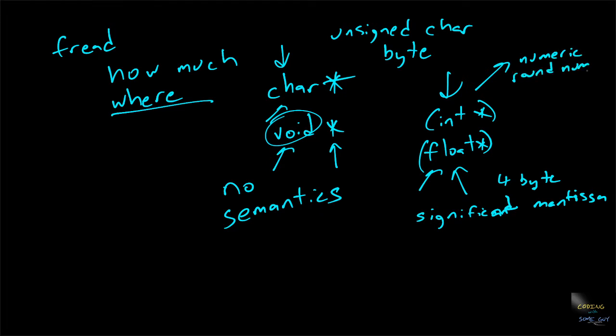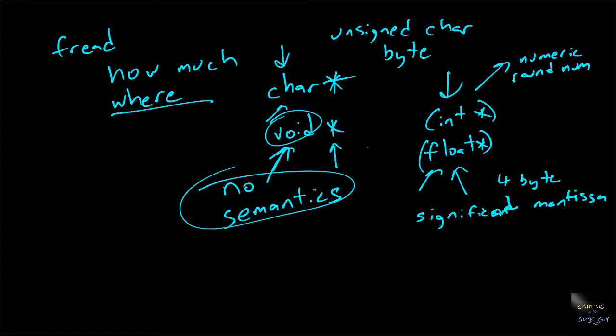And in the case of a void pointer, I'm telling you no semantics. So if I try to do any operation that implies anything about the type, the compiler's going to scream at you. So what? I'm still having trouble conceptualizing that. If you don't have any semantics, and you can't make any assumptions about data type, what's left?